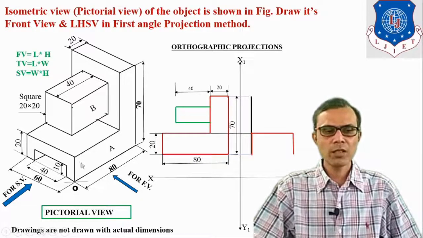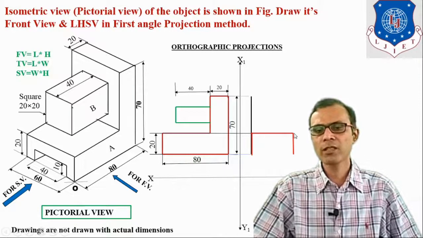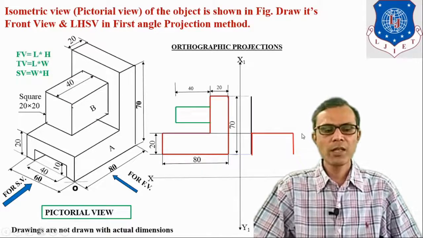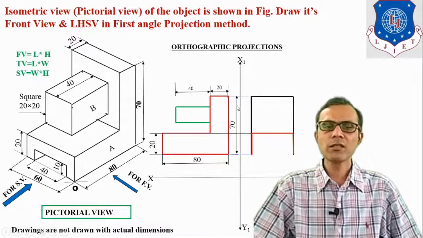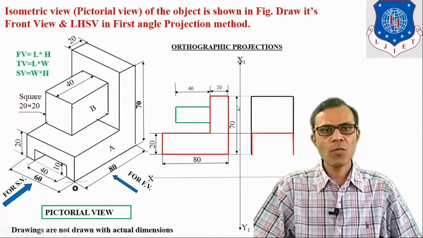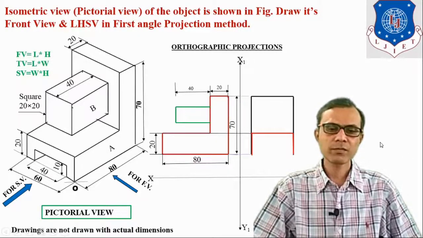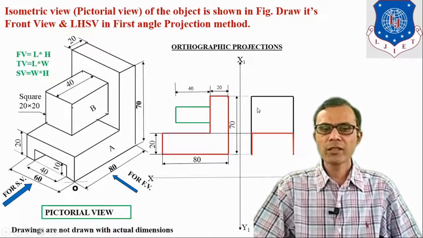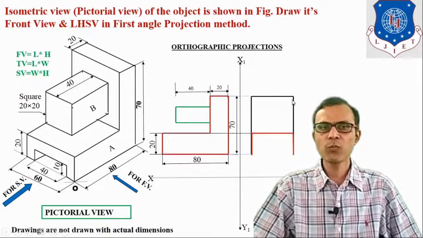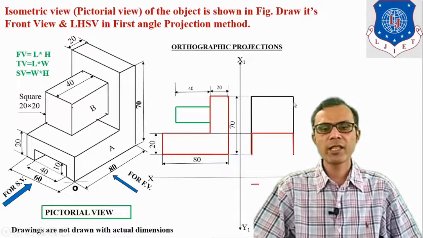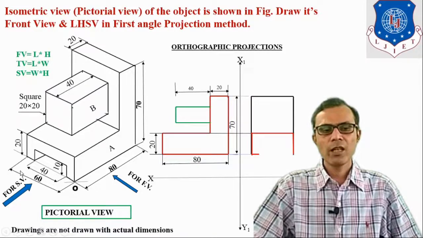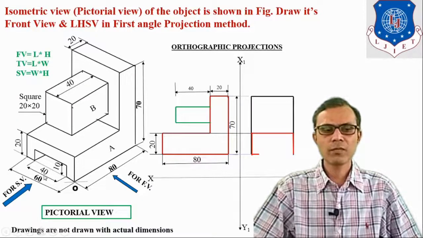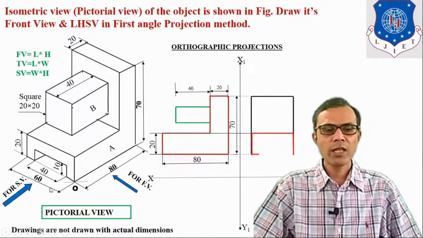Now this width is 60, so we have to take this dimension as 60 mm, and the projection from this side, the dimension will be obtained by taking projection, but the width, that is from this point to this point, we have to take as 60 mm. Now for this step, this dimension is 40 and the total width is 60.